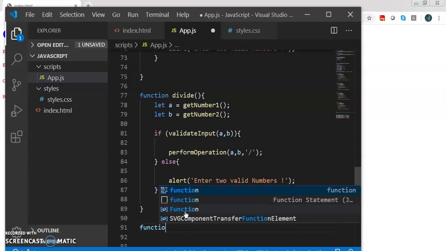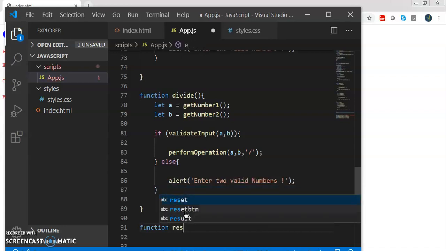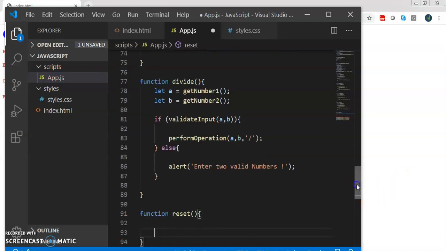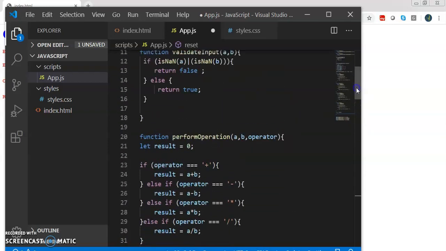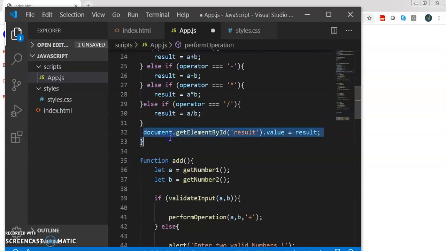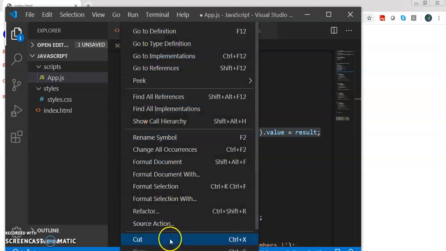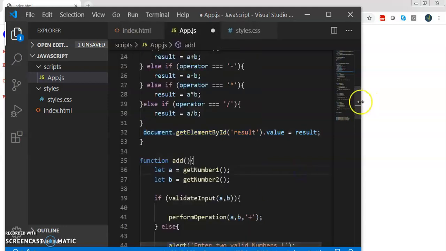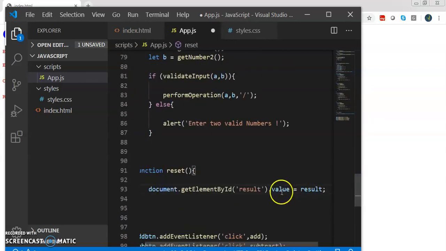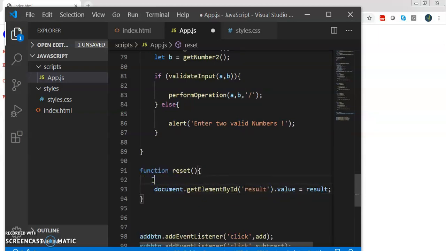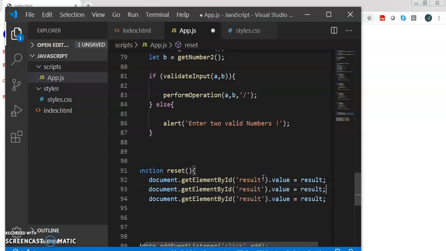We'll create a new function for reset, function reset. So inside the reset function, we just set all the elements to blanks. So let's copy this. Copy and then copy.